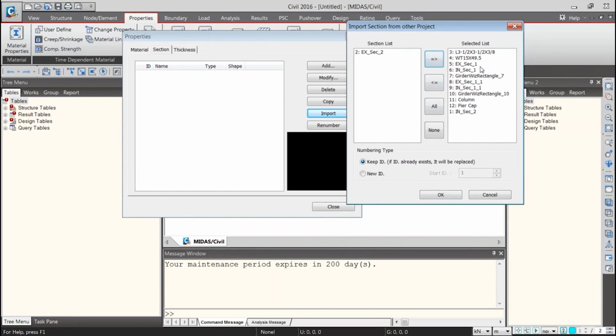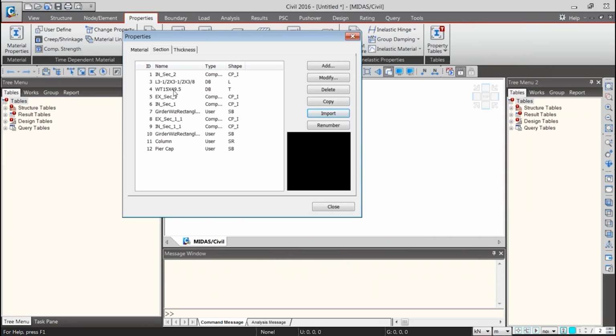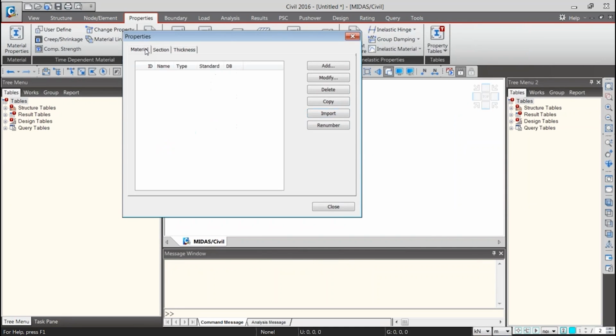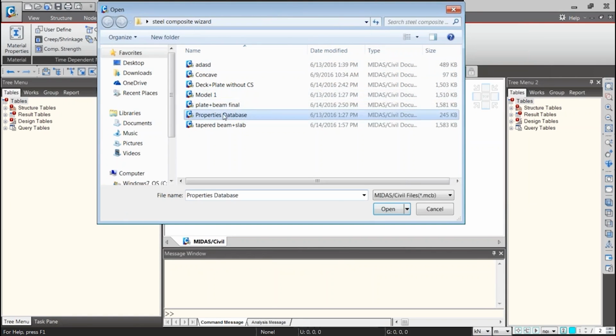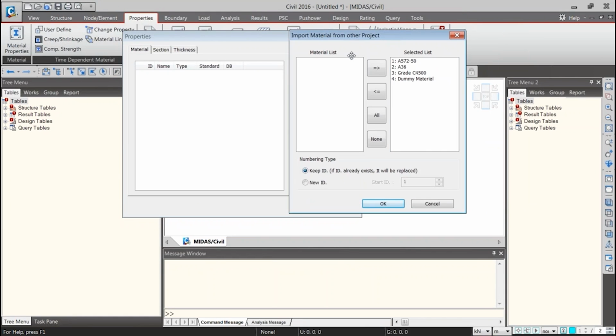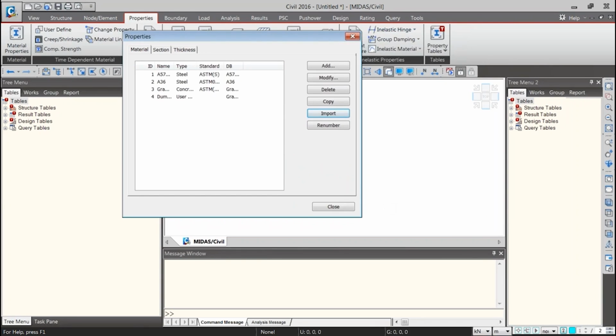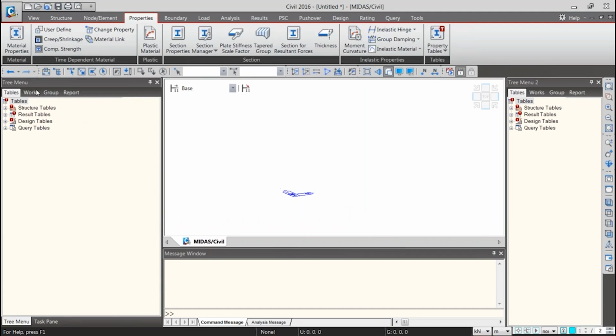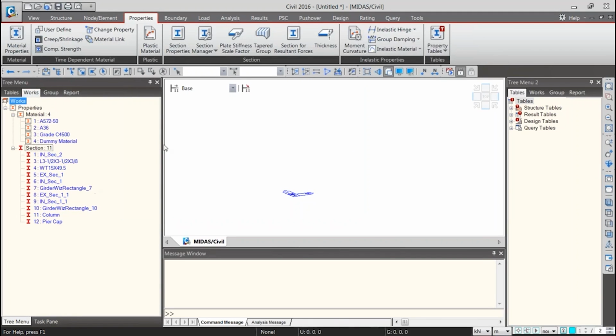If I want these sections, I can keep it this side. Similarly, material properties, I can just click on import, again go to properties database, select all the materials that I need, click on OK and close it. So we have all the properties that we need to work with.